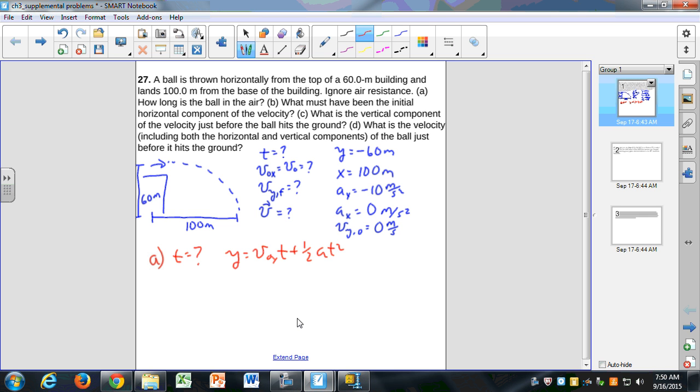I know that v naught y is 0, so that makes this really easy to solve. My y is negative 60, negative 5 t squared. So t is going to be 60 over 5. It's going to be the root of 12. The root of 12 is,